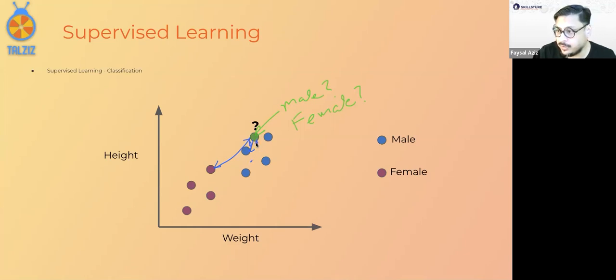Even the furthest one away is probably less than the closest purple dot. With this height and this weight, it is most likely a male.